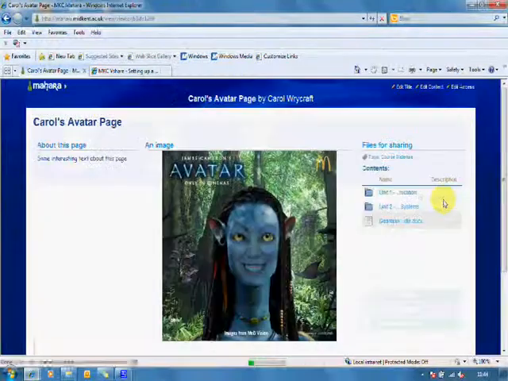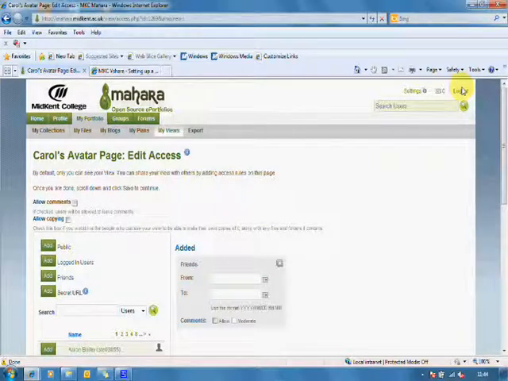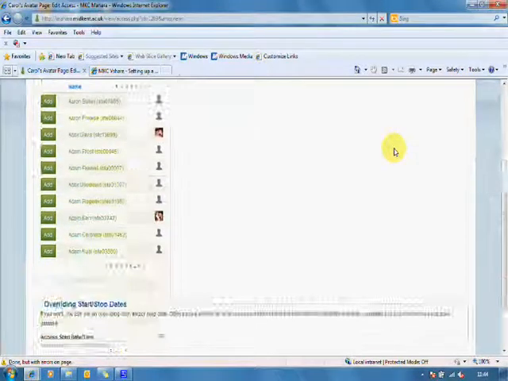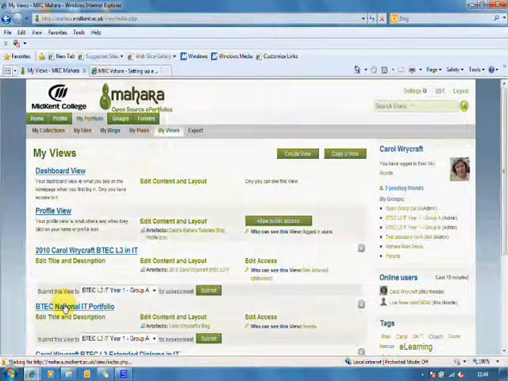Display the view to see what's happening, and there we go. Not a very complete page yet, but it's something you might be in a position to actually share with your other friends. We could edit our access there if we decide we want other people to see it, but I'm just going to cancel out of that one. I'm happy where we actually have